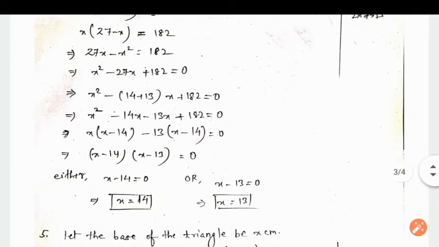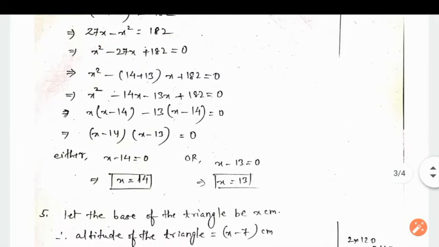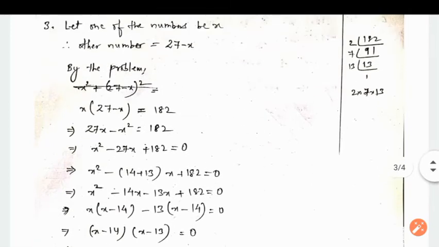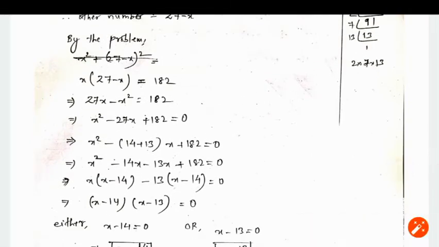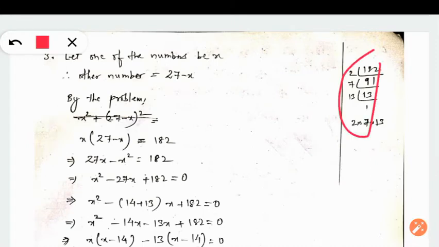Now after rearranging the terms, we will get this. So you need to rearrange the quadratic equation: first we have x square, then only x, then the constant term, right? So we got this, and now again we are required to do the same thing. What is the coefficient of x square here? I think 1 is there, so 1 will multiply with 182, we will get 182. Now break 182 into its factors like this. Okay, so 2 into 7 into 13 into 1, I am getting this.